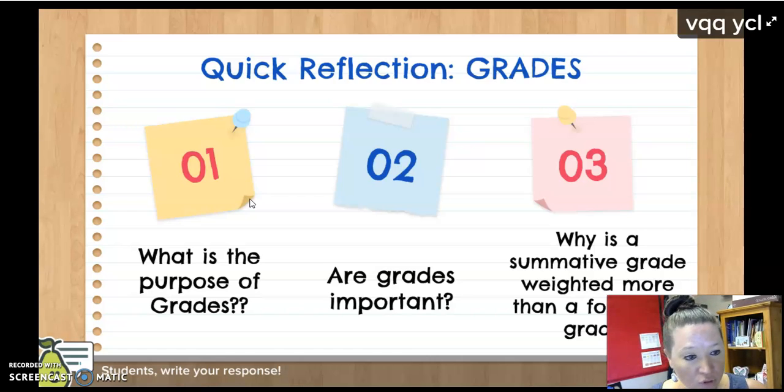Same thing, Mr. Young, on number 3, why is the summative weighed more than a formative? And he said formative grades are to improve teaching, and that's exactly part of the purpose. When you look at the formative grades and you see what the students achieved, you can focus on areas that they achieved highly on. You can look back and say, oh, everybody got this wrong, so I must not have covered that very well, and that gives you a way to reflect on your own practice and then go back and reteach things that they're not achieving on based on the formative grades.